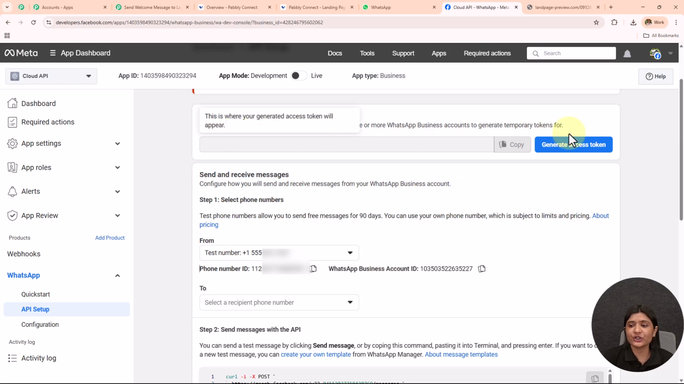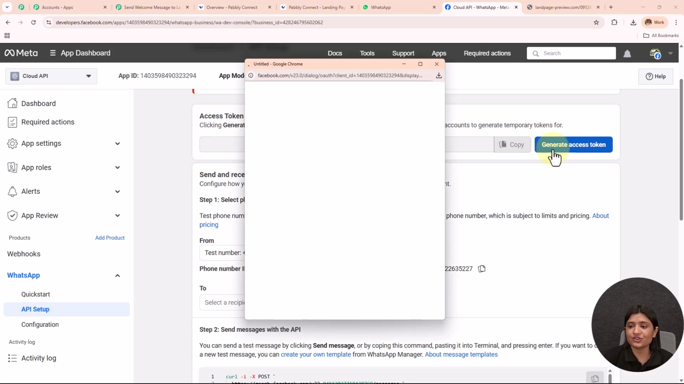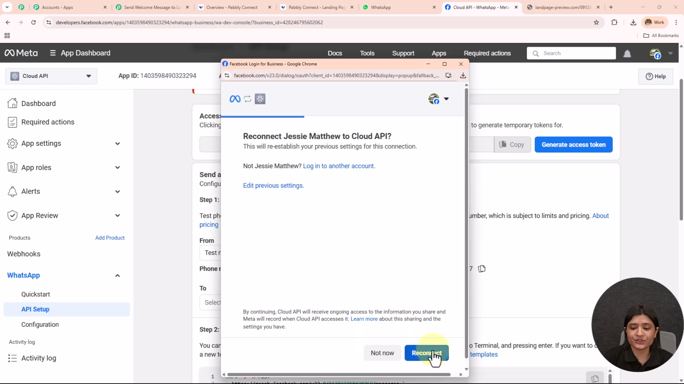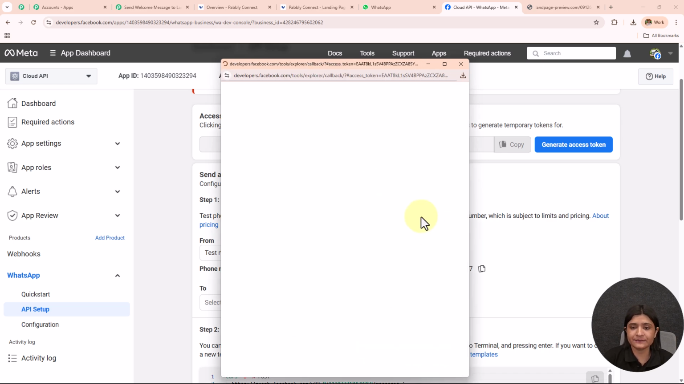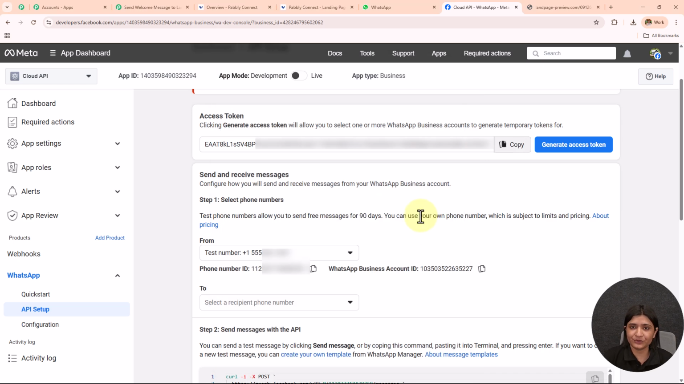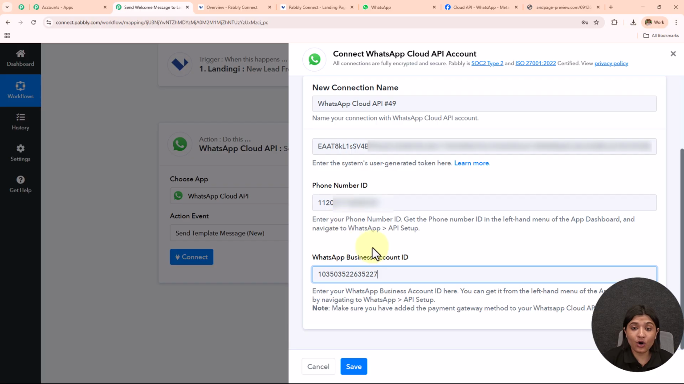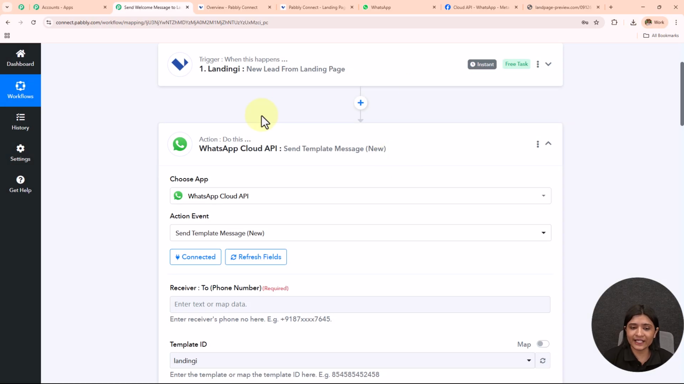Now I am going to generate this token. For that, I'm going to click on this generate access token. I need to reconnect with my Facebook account to generate this token. So here I'm going to click on this reconnect. And here I'm provided with a new token which I'm going to copy and paste to my Pabbly Connect workflow. I'm quickly going to copy this token, phone number ID and the WhatsApp business account ID and build this connection now. After adding all these details, I'm simply going to click on this save. And here WhatsApp Cloud API is connected with Pabbly Connect,